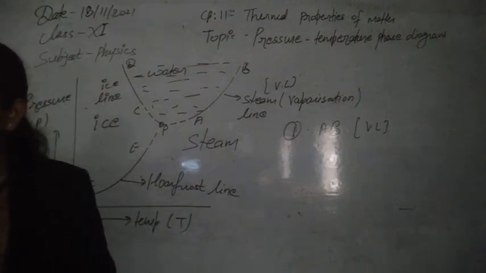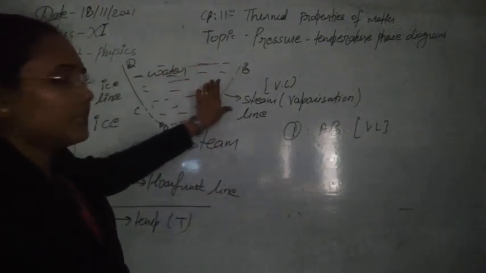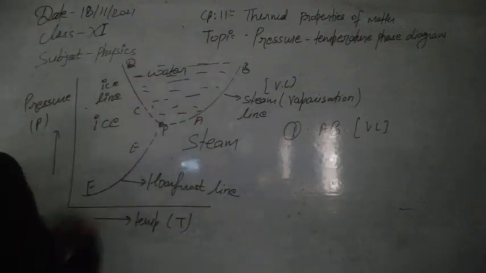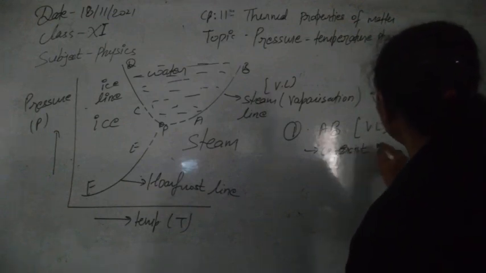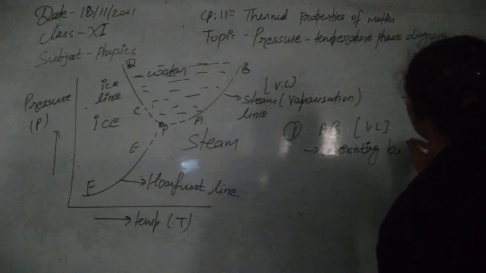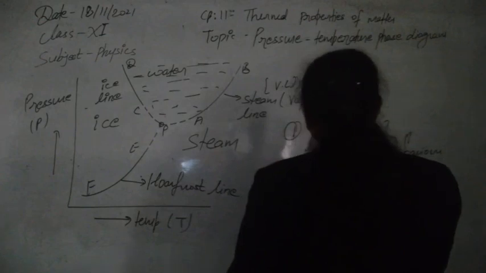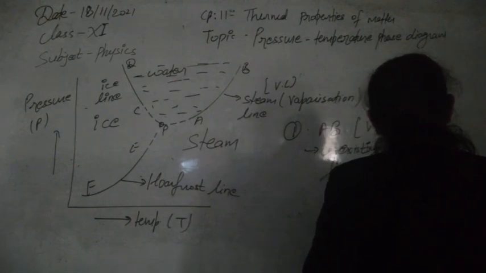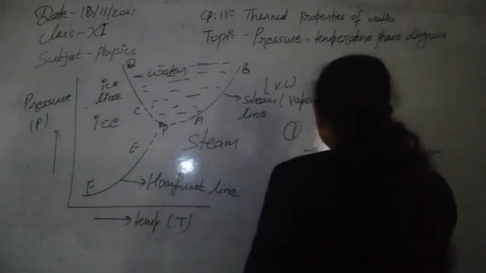So this is, I think, now clear. First, what this line is showing to us is that two states can coexist with each other. Similarly, for AB we have seen this is showing the coexisting liquid and gas system. Clear? Now the second one, let's see for CD.